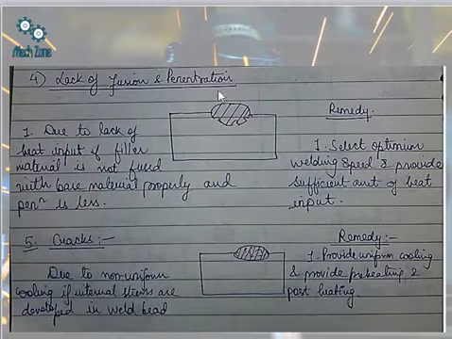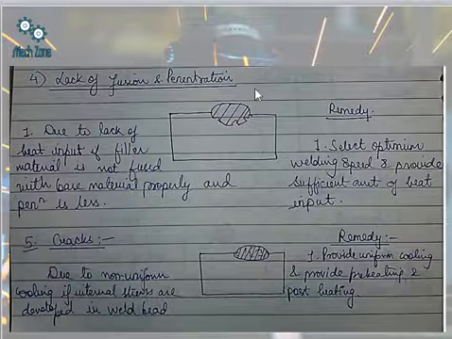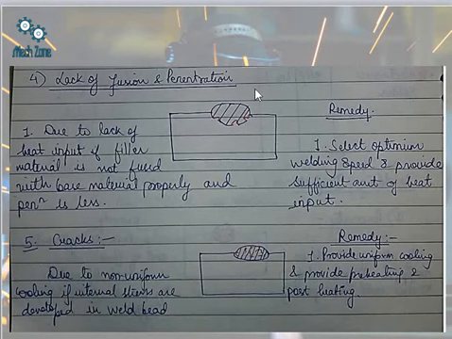नेक्स्ट इज द लैक ऑफ फ्यूजन एंड पेनिट्रेशन. अगर आपकी सफिशिएंट अमाउंट ऑफ हीट नहीं है तो फिलर मटेरियल जो होगा आपका पूरी अच्छी तरीके से बेस मटेरियल के साथ फ्यूज नहीं हो पाएगा एंड दिस वुड लीड टू लैक ऑफ फ्यूजन एंड पेनिट्रेशन. तो रेमेडी क्या है? ऑप्टिमम वेल्डिंग स्पीड रखेंगे और सफिशिएंट अमाउंट ऑफ हीट को भी हमें प्रोवाइड करना पड़ेगा.